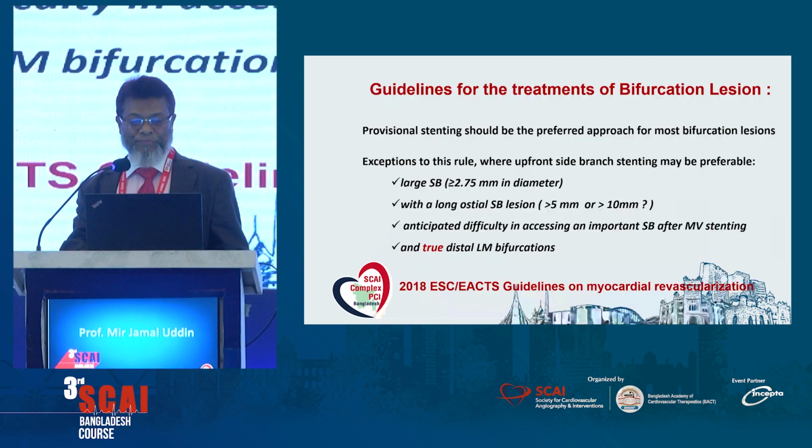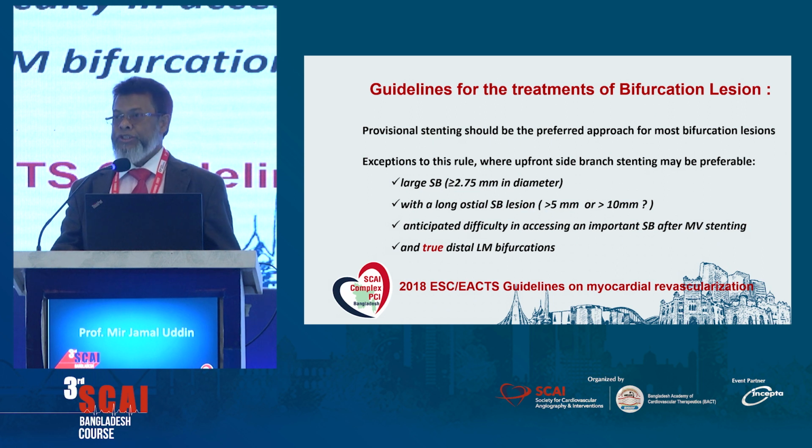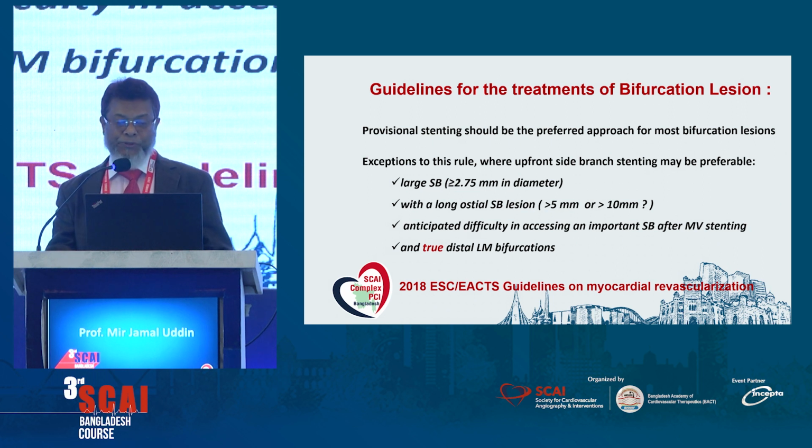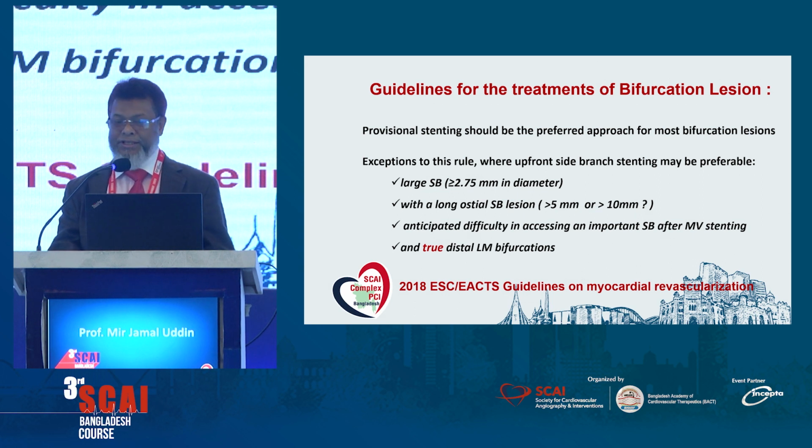I shall go on. And there are guidelines for the treatment of bifurcation lesions. Provisional stenting should be the preferred approach for most bifurcation lesions, as we know, and exceptions are also there. This has also been shown. The side branch diameter more than 2.75, with a long ostial side branch lesion with downstream disease, as well as anticipated difficulty in accessing the side branch after stenting the main branch, and